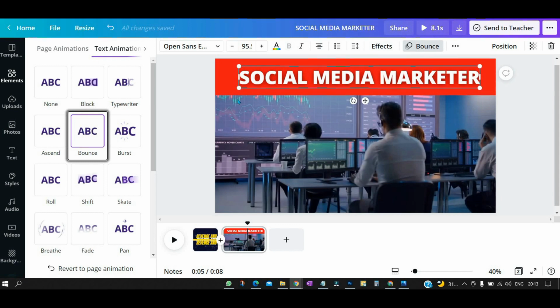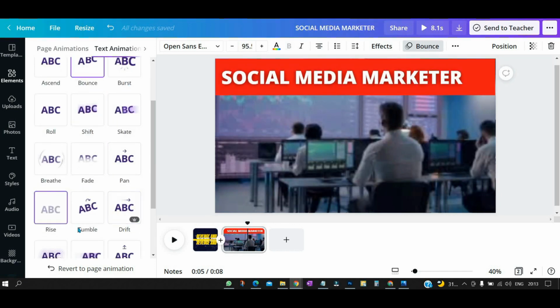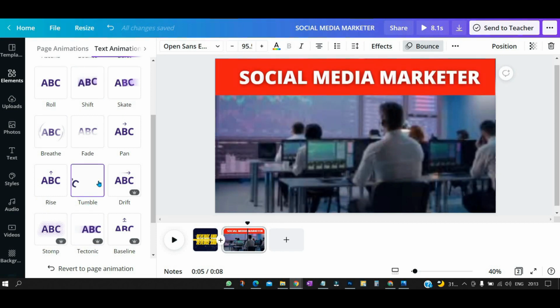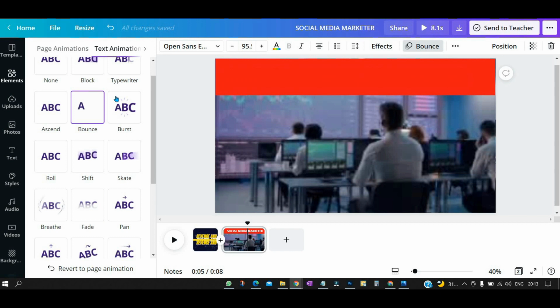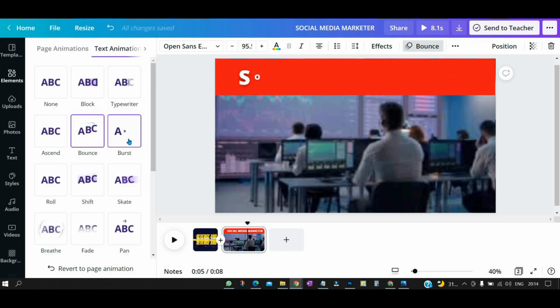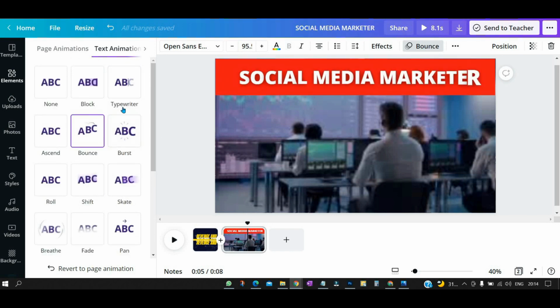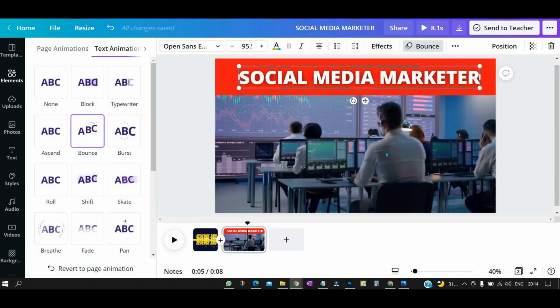Okay, just select over that and it is applied right over here. Okay, and you can just see any of the things. These all are free, and you don't need to go to the premium option. In the free version also you can do very good video editing, right? And let me select this one, and you can see this is applied here. Okay, in this way you can add the text and animate your text.